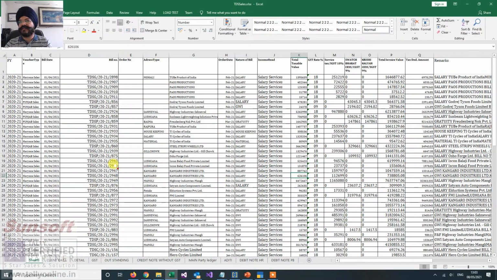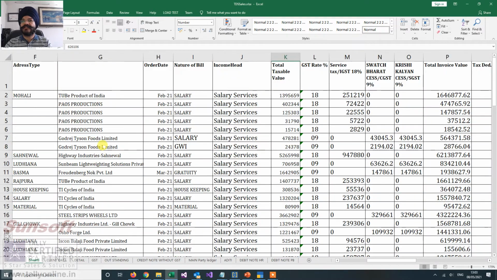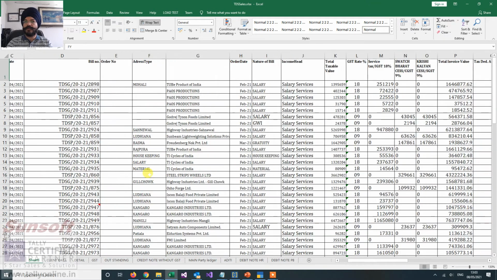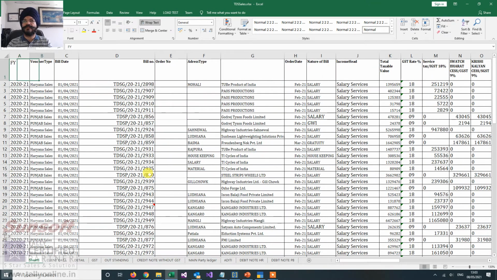So this is the Excel file. Let me just see what the Excel file is looking like. So he has a financial year and then there is a voucher type. There is a specific voucher type in which the voucher is going. This is as per state. So if it is from Haryana, it is from Haryana, if it is from Punjab, it is from Punjab. So the voucher series is different for each state. That is quite obvious. That is a requirement even if you want to do it normally in Tally.